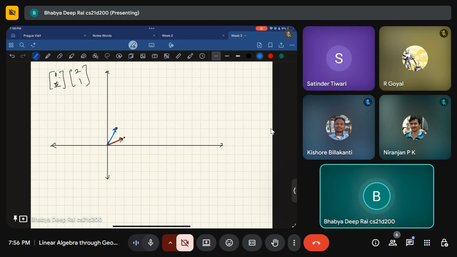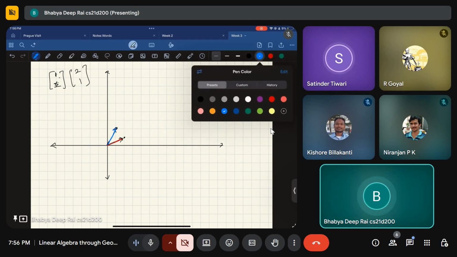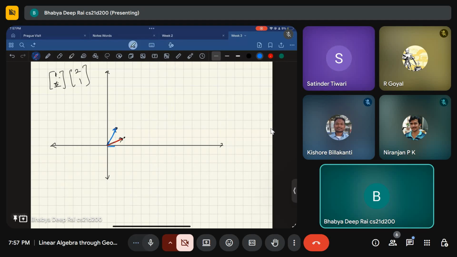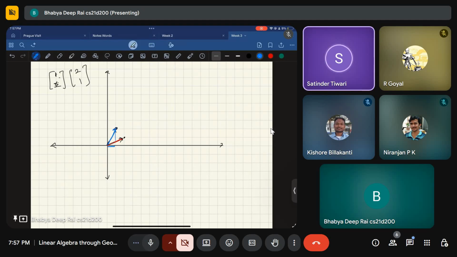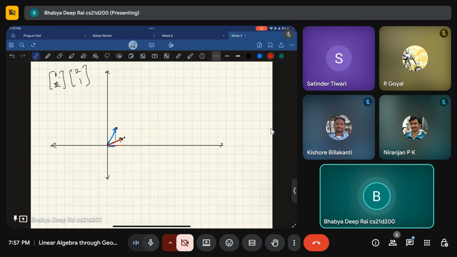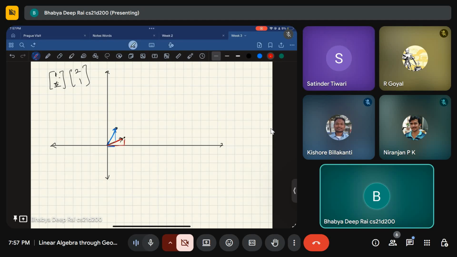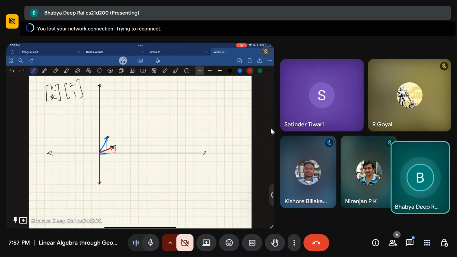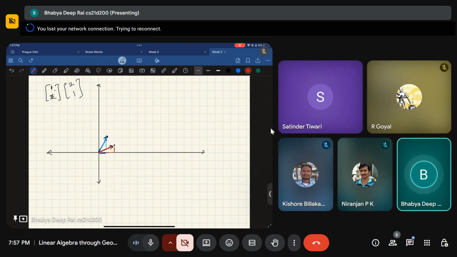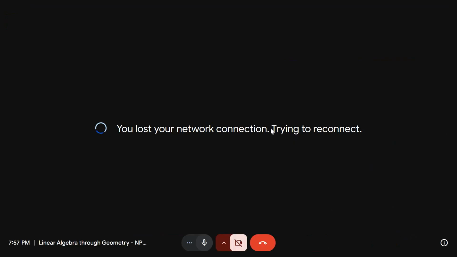Similarly, what I'm saying is you are only allowed to either move one step on the right and two steps above, or two steps on the right and one step above. Can you reach every point using this combination? And the answer is yes, because these two are linearly independent. Now, if I want to reach, let's say, somewhere here, then I can simply do this blue operation.